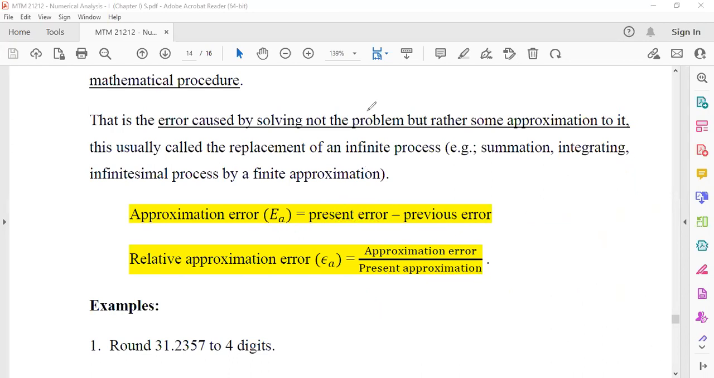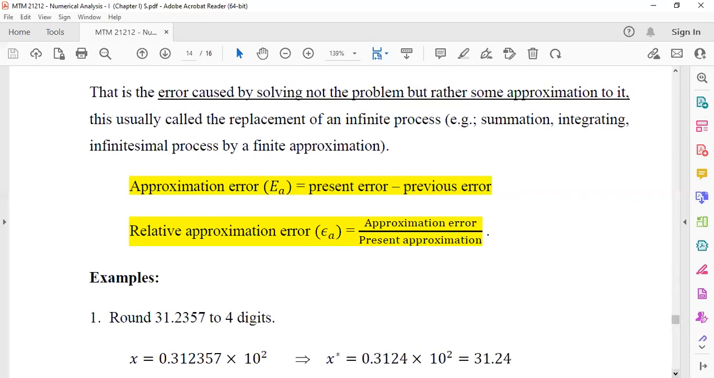Okay, let's see the example. I think you have a lecture at 3, so I will finish